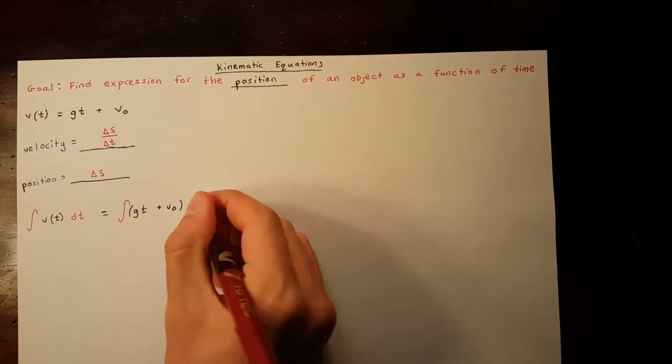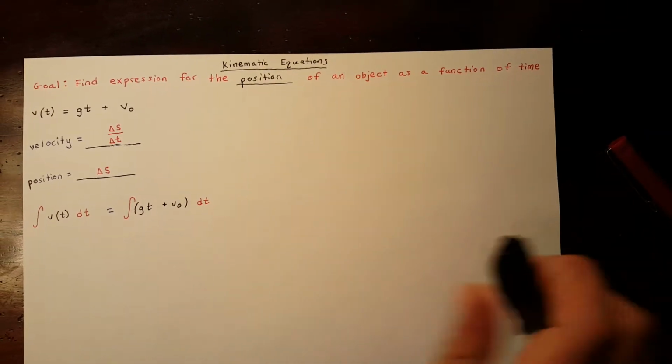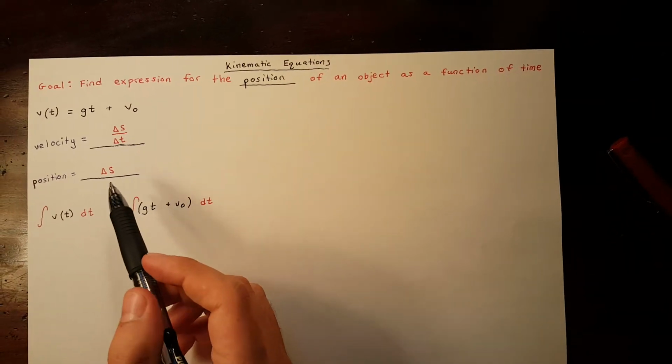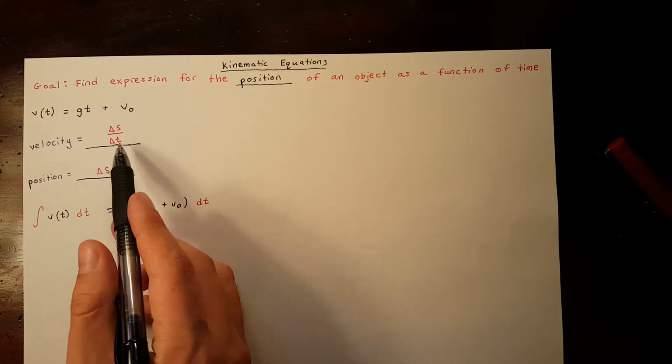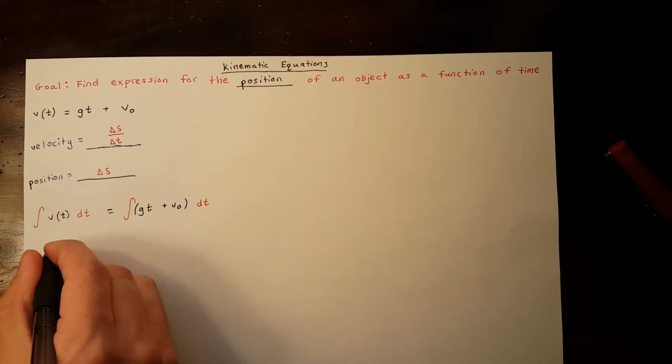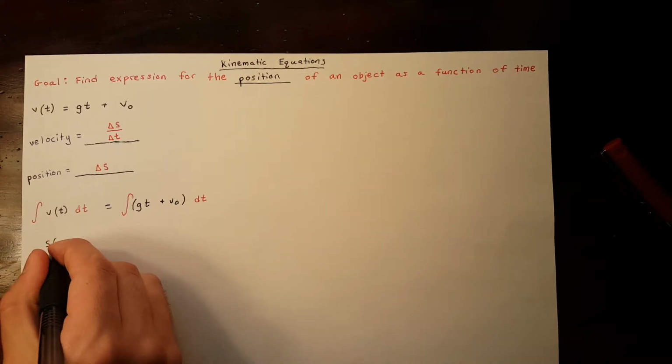So the antiderivative of velocity with respect to time is position, because the derivative of position with respect to time is velocity. So we can write s of t